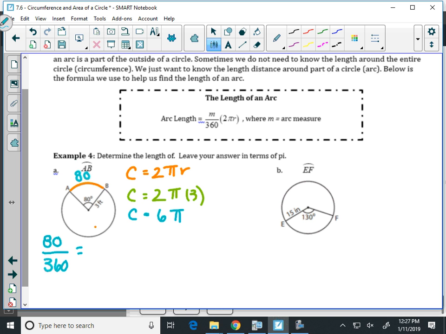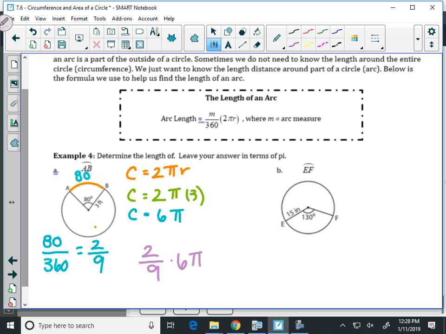Okay? What's 80 over 360? What does that simplify down to? What is that as a fraction? 2/9. So that arc is 2/9 of the entire circle. So its measure, or its length, I'm sorry, is going to be 2/9 of the entire circumference. So all you're going to do is just do 2/9